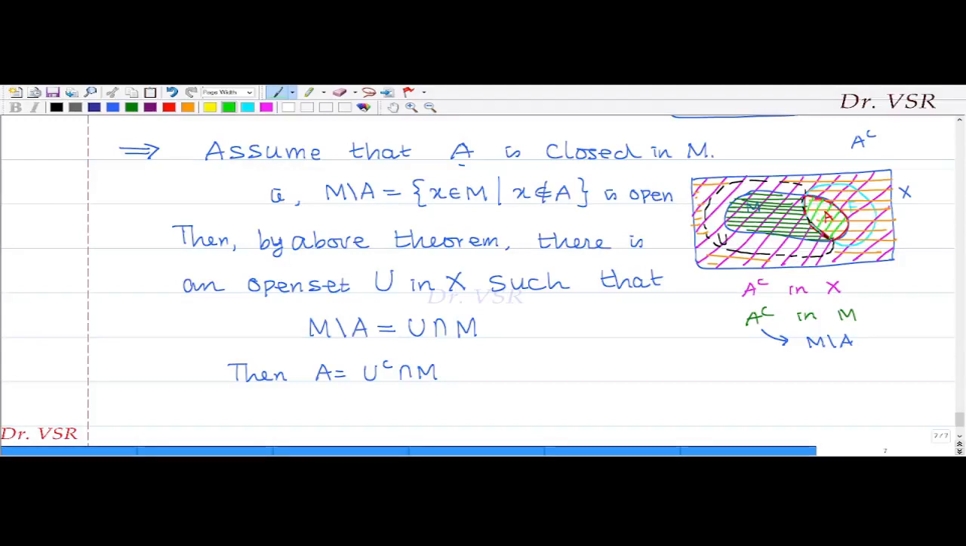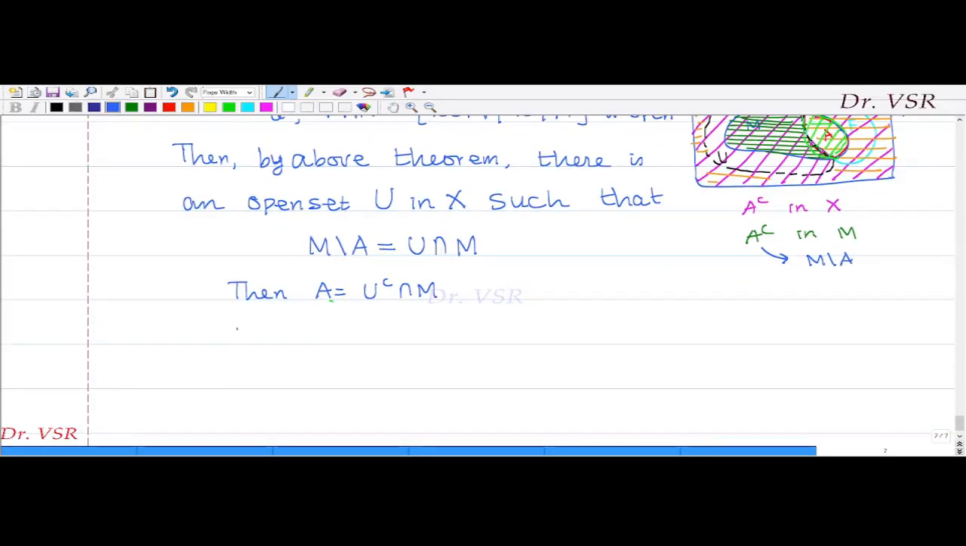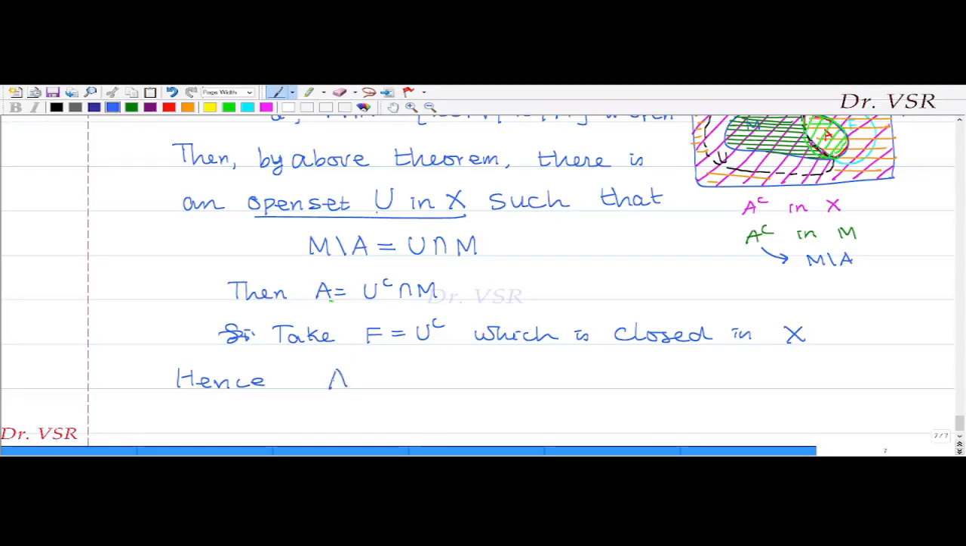OK, so which element has the line in both? This piece. So this can be expressed as A equal to U complement intersection with M. Since we take F equal to U complement, which is closed in capital X, correct? U is open in X, so U complement is closed in capital X. Therefore A can be expressed as F intersection M,